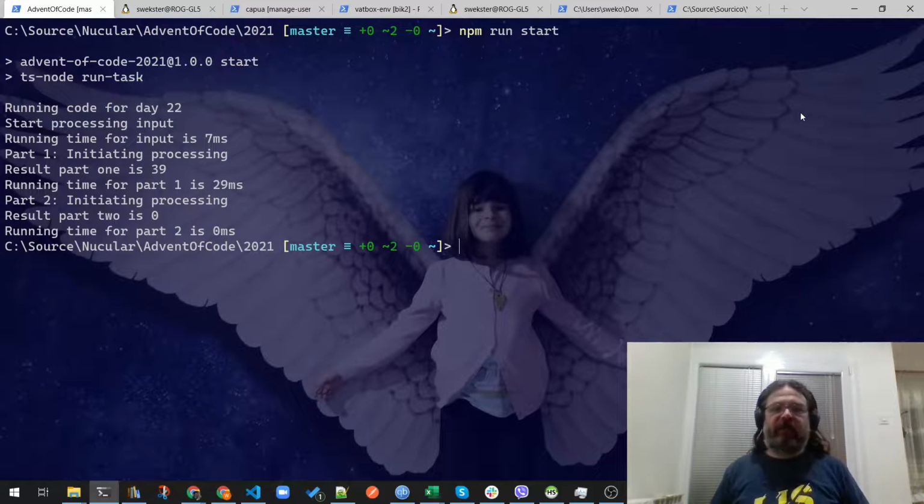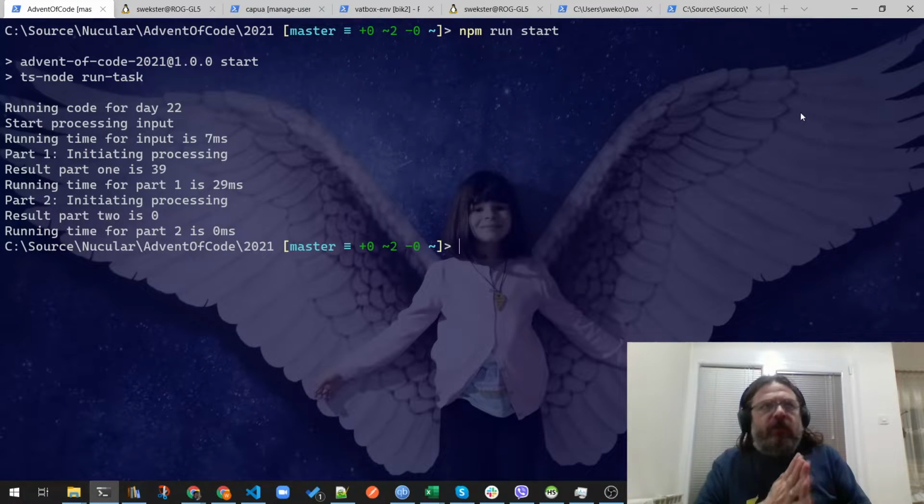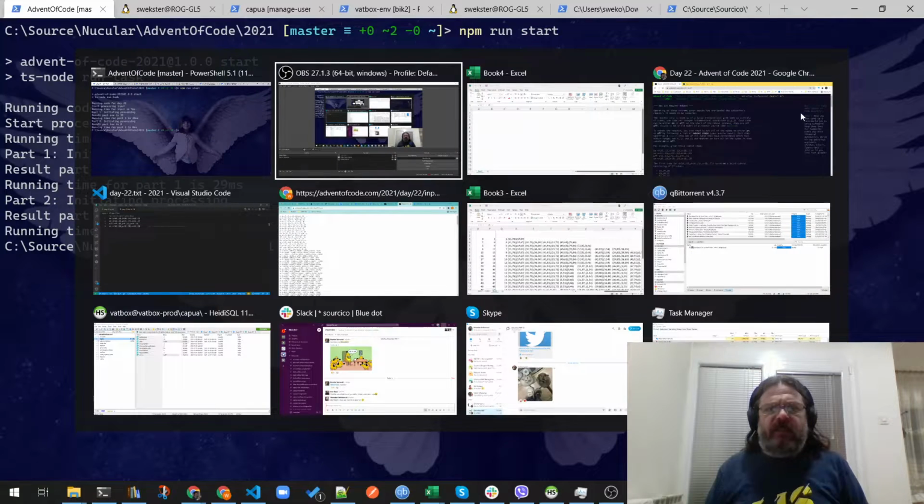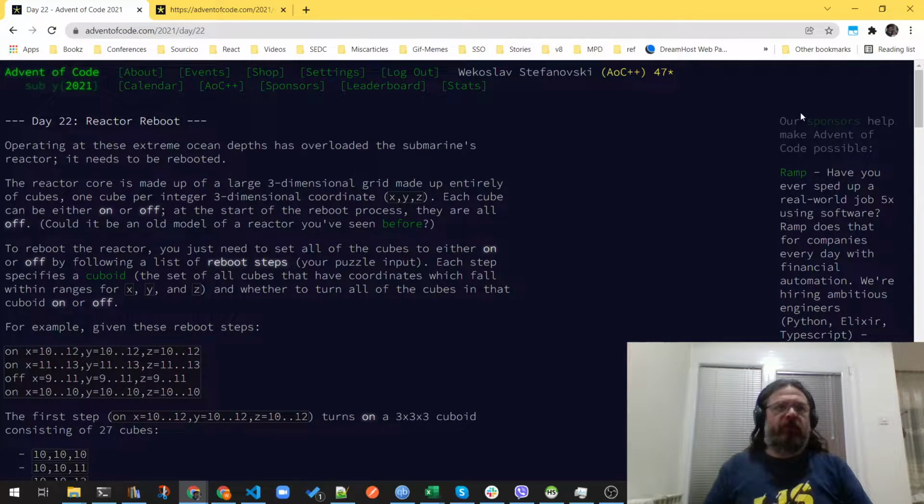My name is Veko and tonight we're gonna take on the second part of task 22 of 2021 Advent of Code. Lots of tools in that. So we solved the first part easily